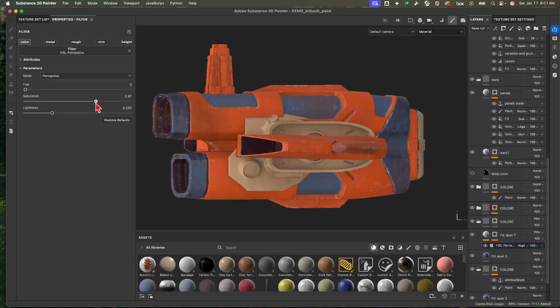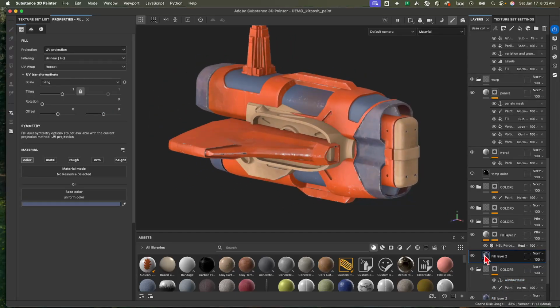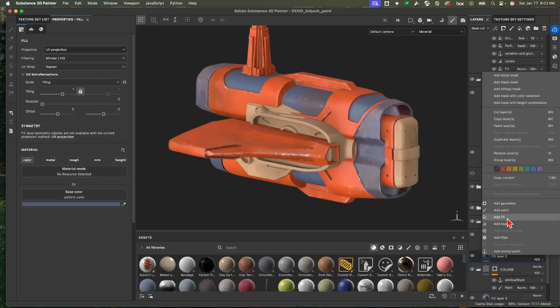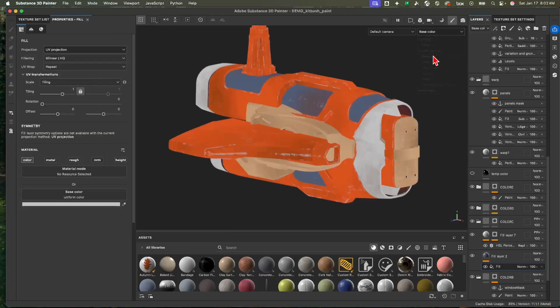Okay, so now we can do some just fine tuning on the color there. And this is nice because if your art director says, "Ooh, I really like that, but I wish the blue was a different color," then when you go through here, you don't want to commit to things because they're always being changed. I can just put a fill layer on there and base color, turn that off. I'm just going to sample the color originally,